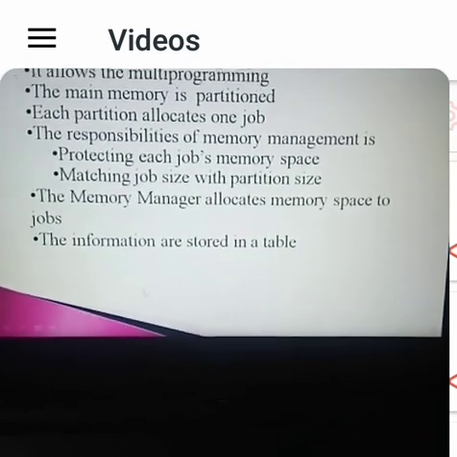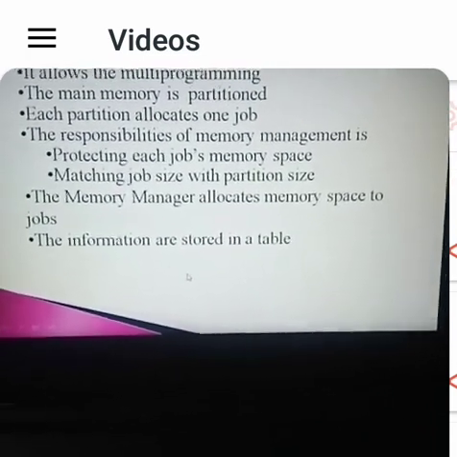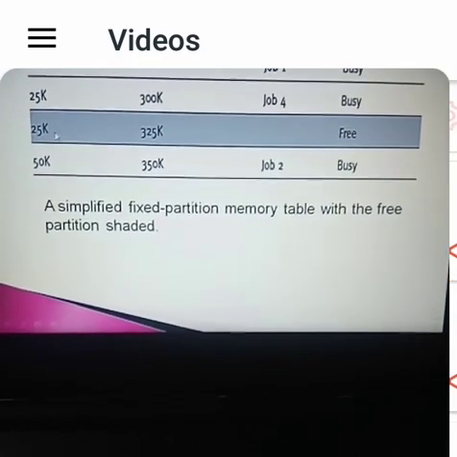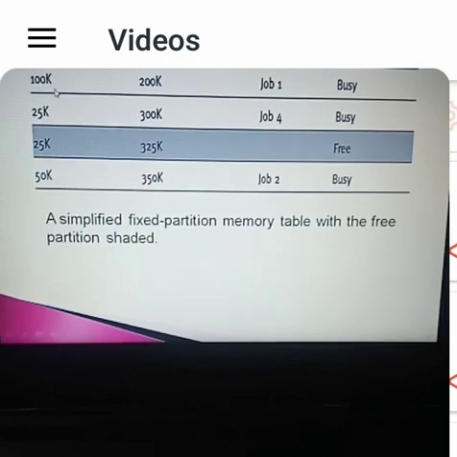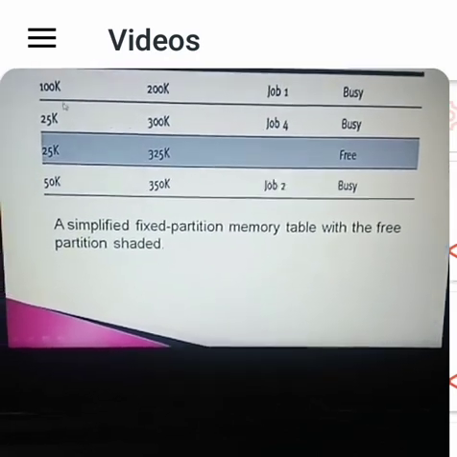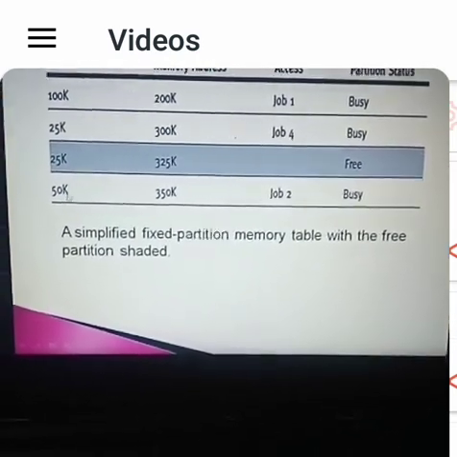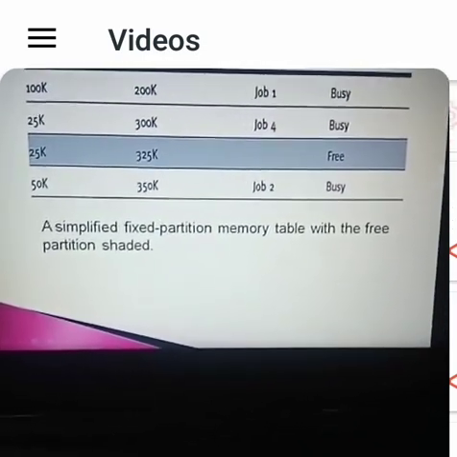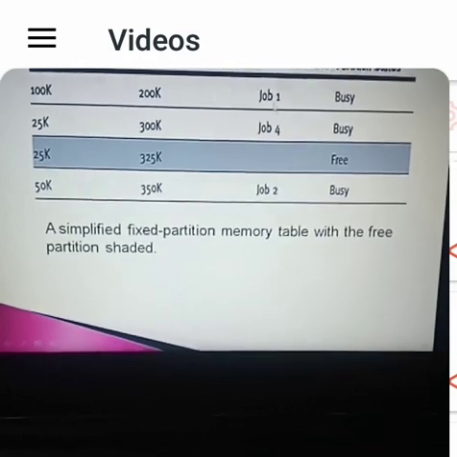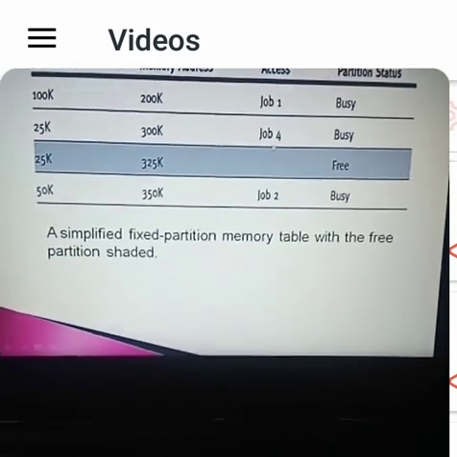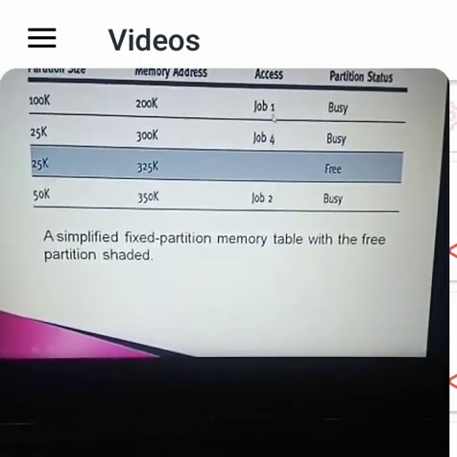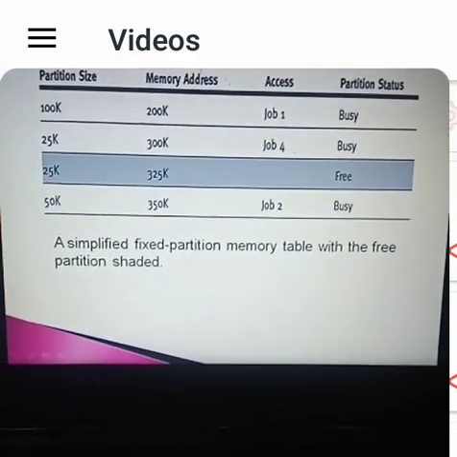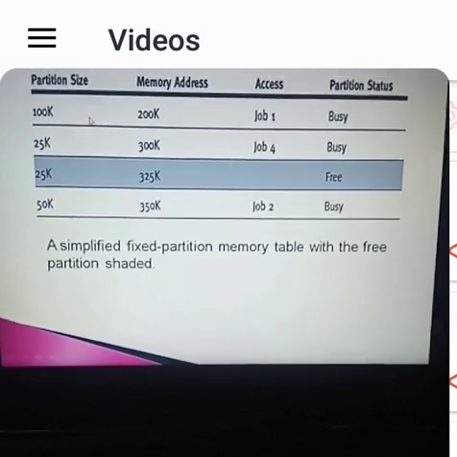This information is all stored in a table. You can see the table. Partition size: in this example, we are taking the partitions as 100K, 25K, 25K and 15K. These are the memory addresses. This is the job's access, showing which job requires which partition, or which job is allocated to which partition.